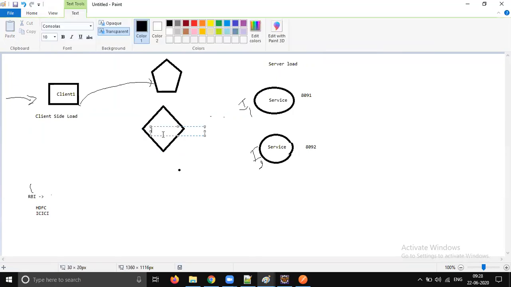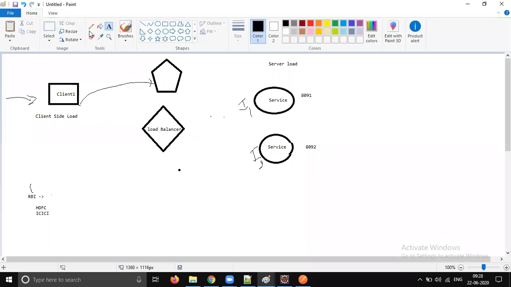And we should ask a client to invoke the load balancer. This load balancer is going to manage balancing the load across these multiple instances, instance 1 and instance 2. So the client will invoke only the load balancer, and this load balancer is going to manage balancing the load across those multiple instances. Not only 1-2 instances, you can create 10-20 instances, and those 10-20 instances are going to be properly managed by our load balancer.